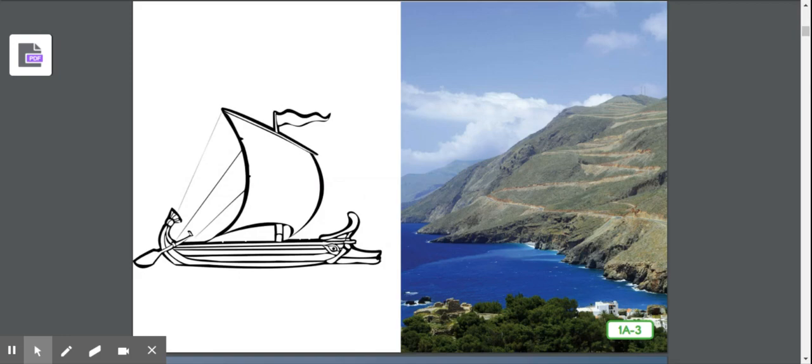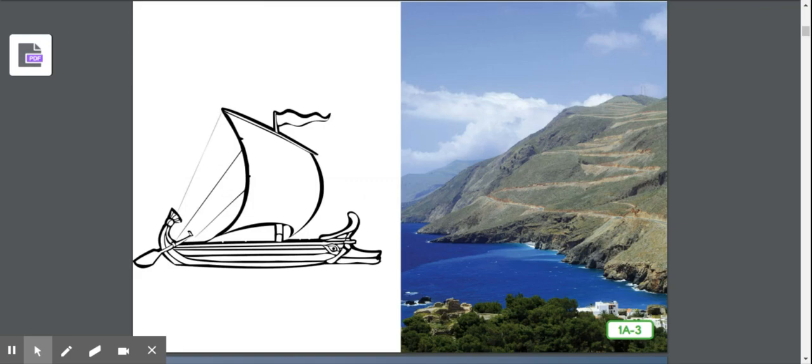Some Greeks built harbors near the Black, Aegean, and Mediterranean seas. Many became expert sailors and fishermen using boats like the one in this picture. So harbors are kind of sheltered places on the water where ships can safely load and unload their cargo or goods. The largest island in the Mediterranean Sea was known, and is still known today, as Crete.